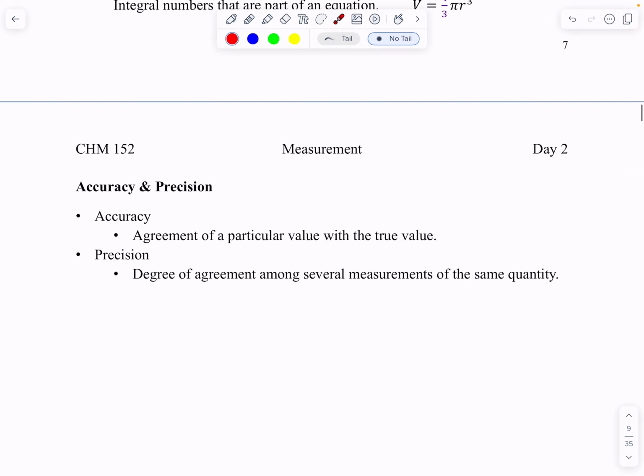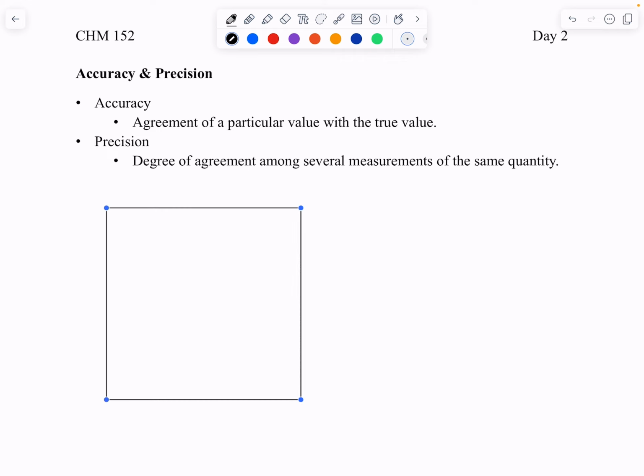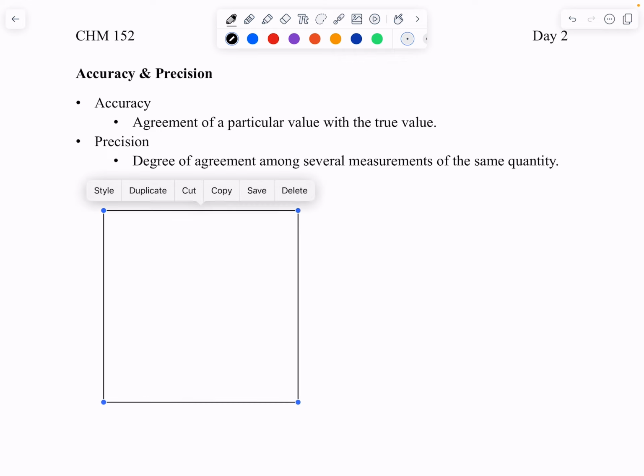Last topic of the video, accuracy and precision. All right, so I'm going to draw a target with the bullseye. All right, there's my bullseye. Is it in the middle? No, not quite. Maybe I can move it. There we go. Perfect, close enough. All right, let's talk about accuracy. It is agreement of the value with the true value. So obviously, the number one goal we would want is to have one there, and there, right? That would be ideal.